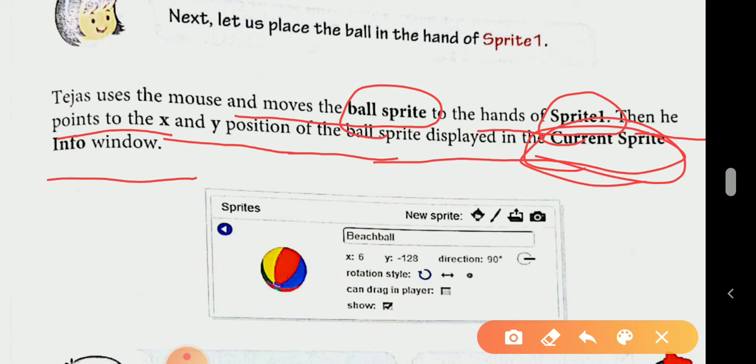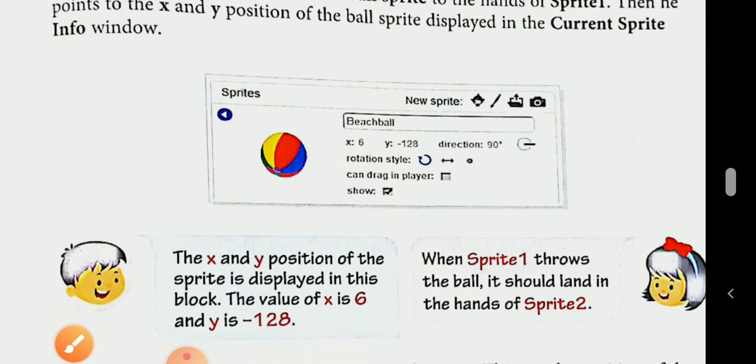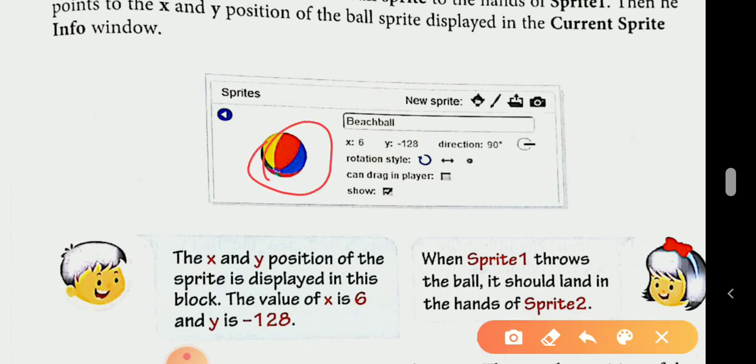Where is it displayed? On the current sprite, sprite 1. Here you can see the sprite name is ball. Here you set your x value, your y value, your direction. Then you can drag it in the player and you can show. Click on the show option.